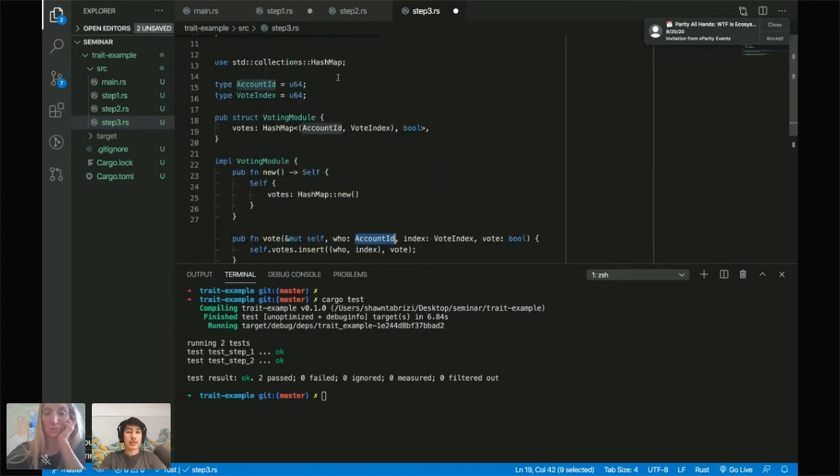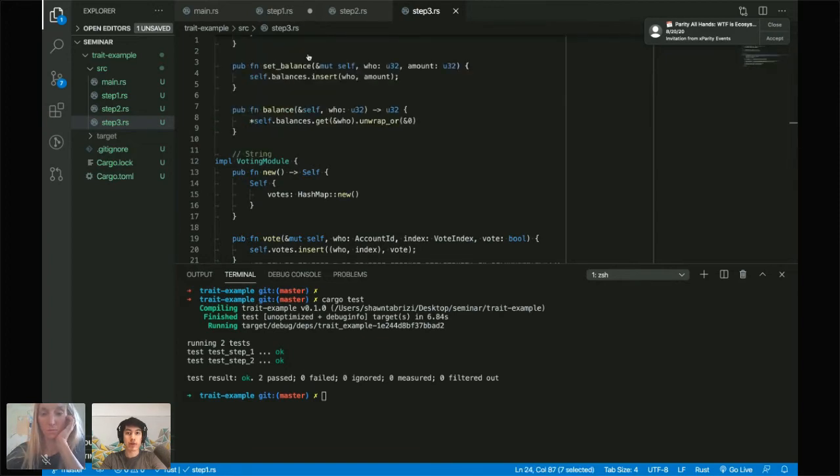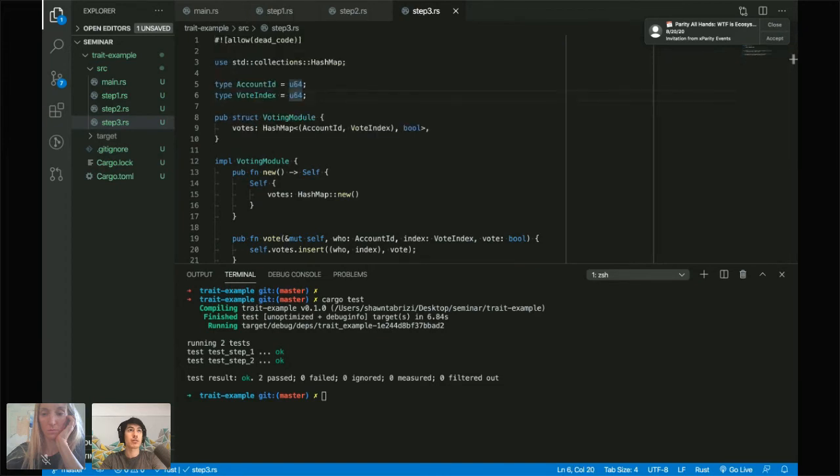So now let's say I have these two modules, right? But the account ID here is actually different. So let's see, I try to use the two together, and I should expect to see some errors. So let me see here. I'm probably going to do a little more copy and pasting just to save a little more time. I think I'll just paste an example of a test that will fail.